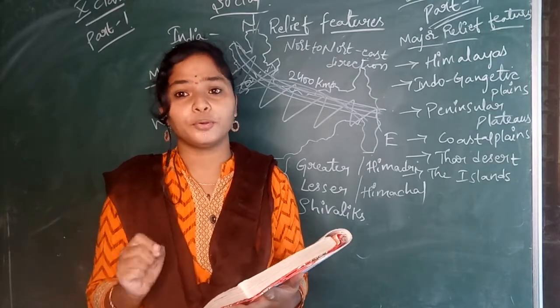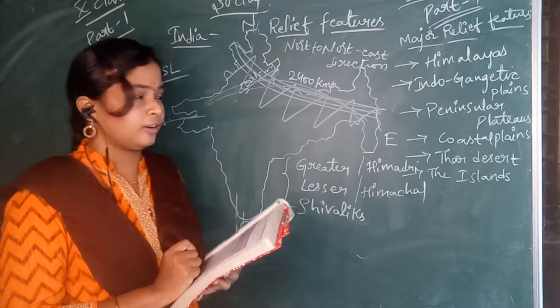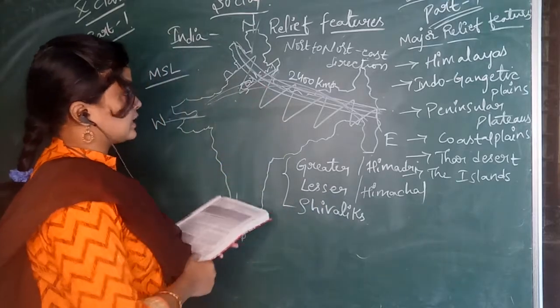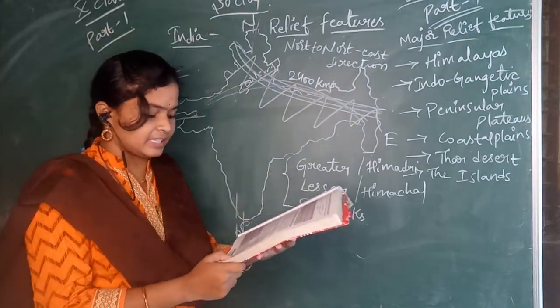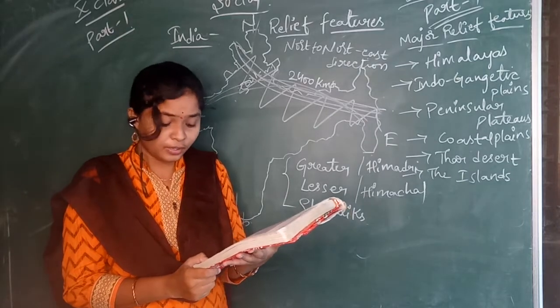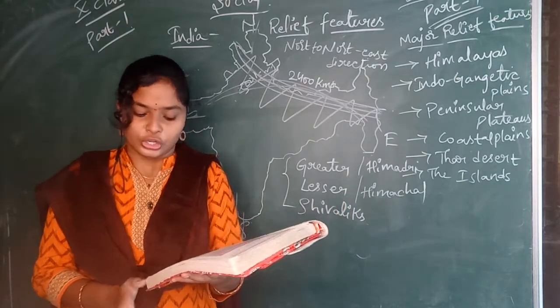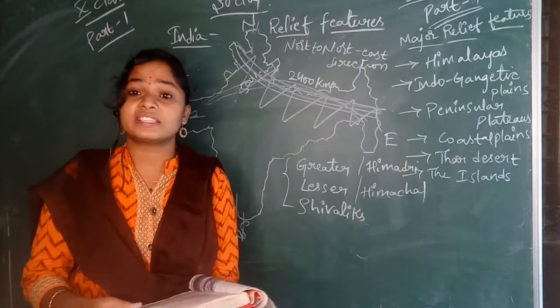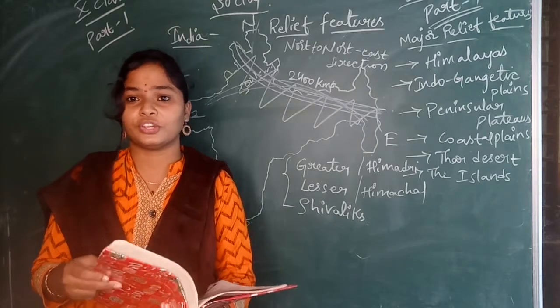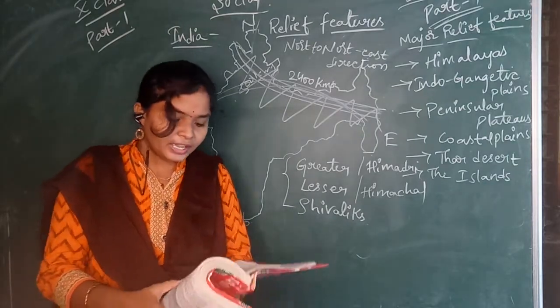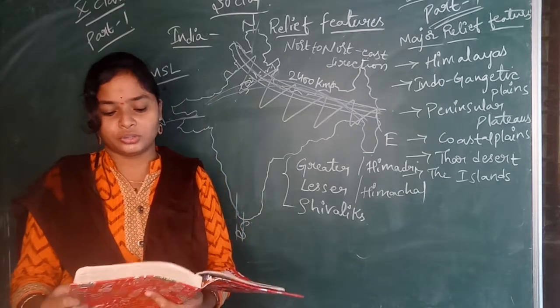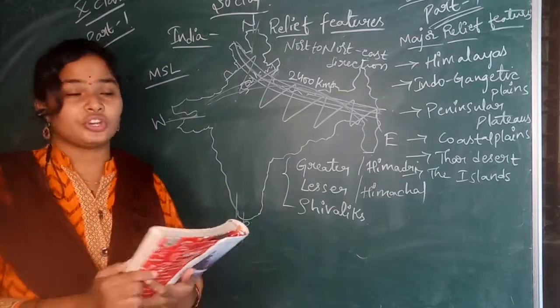Beautiful nature and beautiful valleys will be situated there. Here in the Lesser Himalayas there are some beautiful valleys: Kashmir, Kangra, Kulu in Himachal Pradesh. So they are also known as hill stations. Some hill stations are also there. Clear, children?